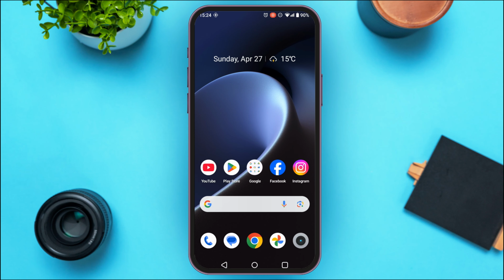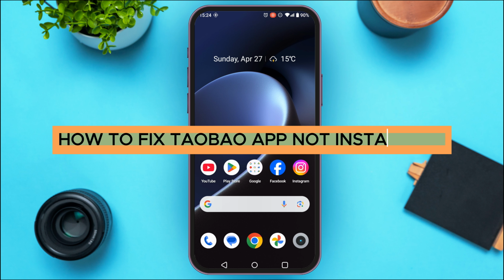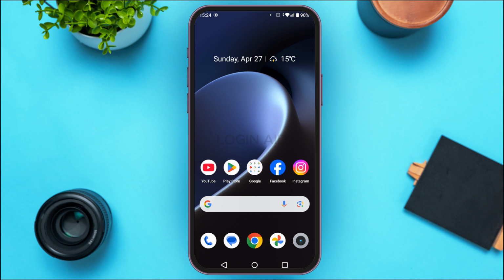In this guide video, I will show you how to fix Taobao app not installing. So if you're also facing this problem, there are a few things that you can try in order to fix it. The first thing that you have to do is ensure your device has enough free storage space for the app. If your device's storage is full, you'll not be able to install the application. In that case, what you have to do is uninstall other applications and make space for the Taobao app and install